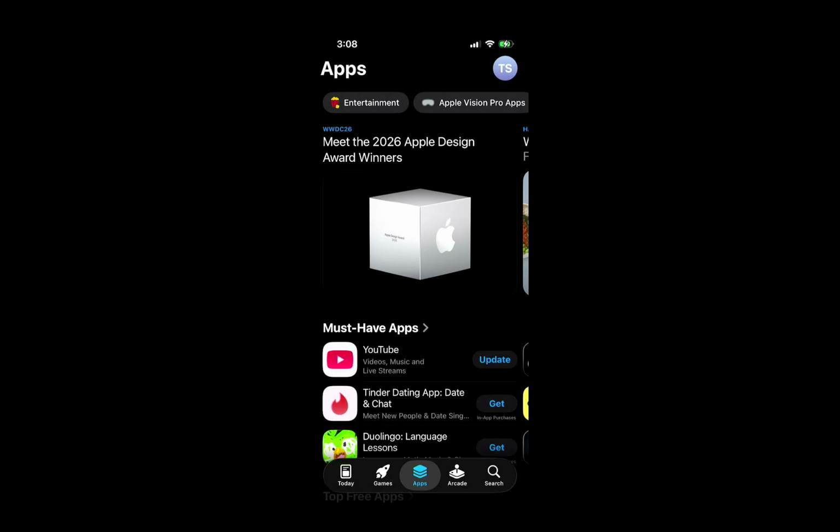In today's video, I'm going to teach you how to set an App Store download limit on iPhone if you want more control over how apps download, especially when you're using cellular data instead of Wi-Fi. Your iPhone gives you a few helpful settings to manage that. This is especially useful if you want to avoid using too much mobile data or if you're setting up a device for a child or a shared phone.